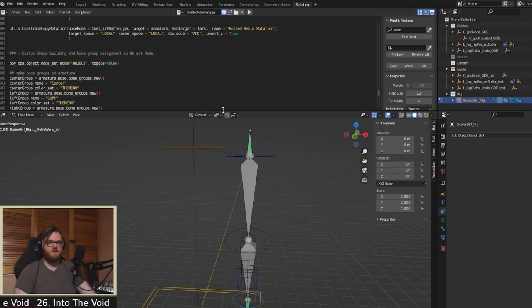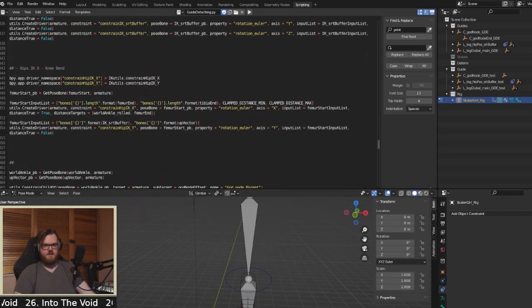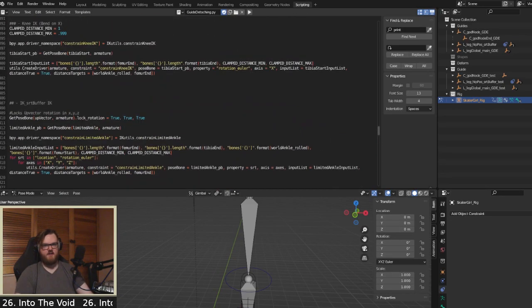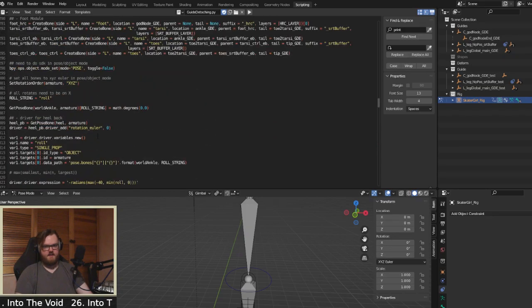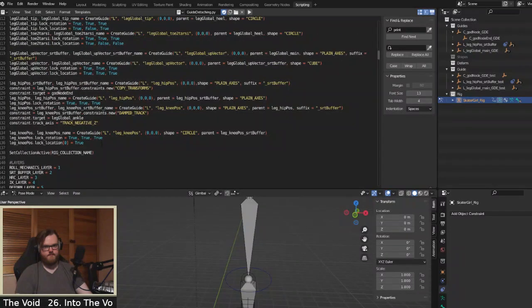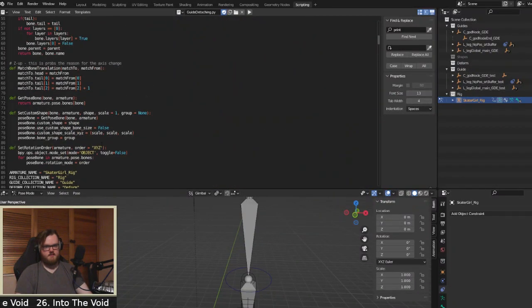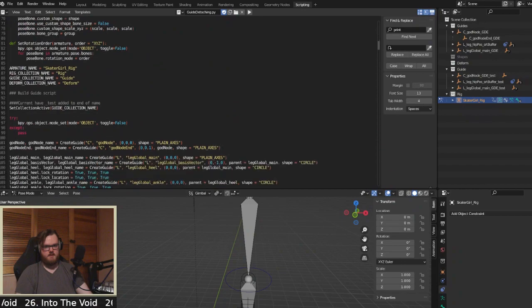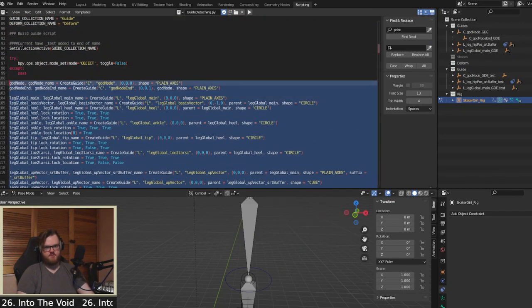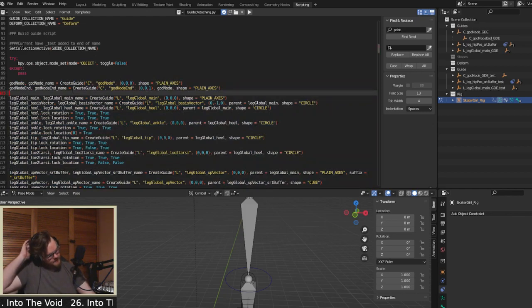We did a decent amount of cleanup today. It was mostly just a lot of cleanup, but we fixed some stuff. Oh wait, I spaced those out so I can figure out which ones are which. And we created the whole rig guide setup. So this can just be a script, I think. So I can probably just pull that out into like